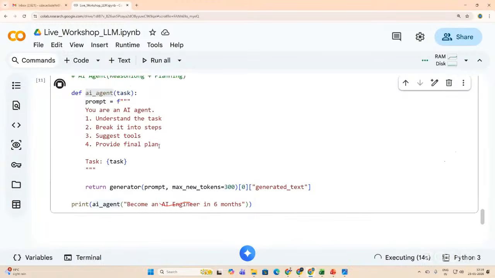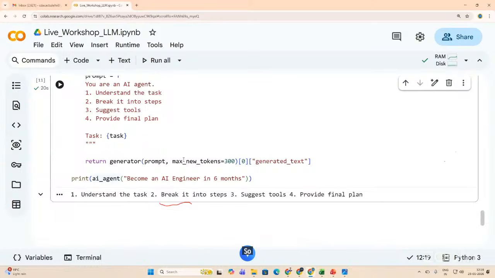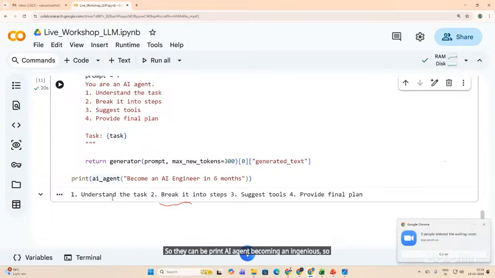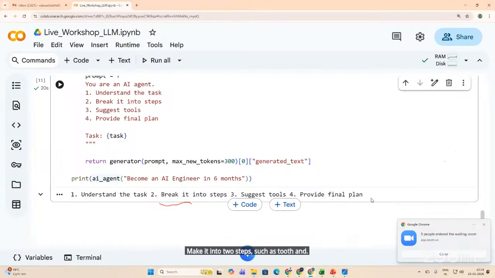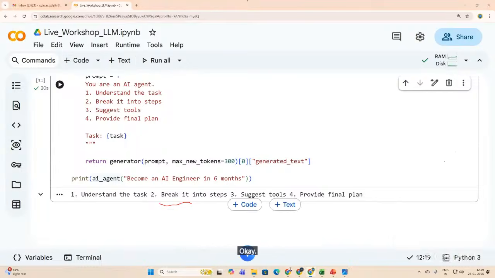Just wait a minute, it is processing. Now it prints: AI agent becoming an engineer. So it found: understand the task, break it into two steps, suggest tools, and provide the final plan. Okay, so now,